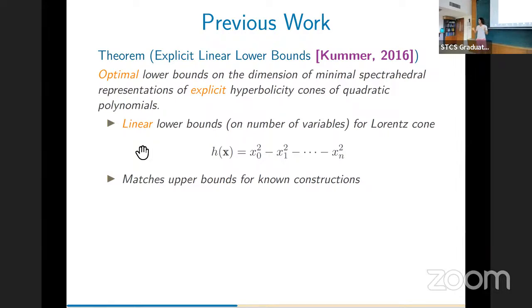This Lorentz cone has been known for a while, right? And we knew a representation with matrices of size n over 2. And then Mario in 2016 gave a lower bound of n over 2. So it's possible that the answer to that is no. It is very possible that the answer is no, but once we have a proof of that, this one is super interesting. Exactly, because what we want is something that's computationally prohibitive. We want some exponential gap.